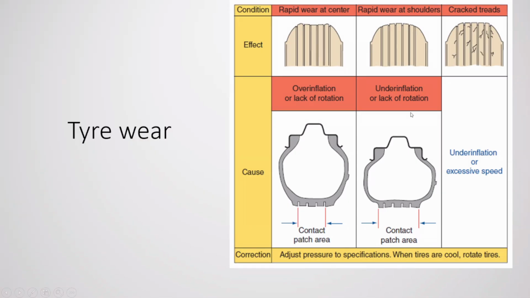Suppose the other case, think about the other case, the underinflation, so that the tire crown shoulder section will be in contact during normal riding, right? So that the tire wear pattern will be something like this, right? So there will be more wear at the shoulder areas compared to the top of the crown, right? So those are the cases, and